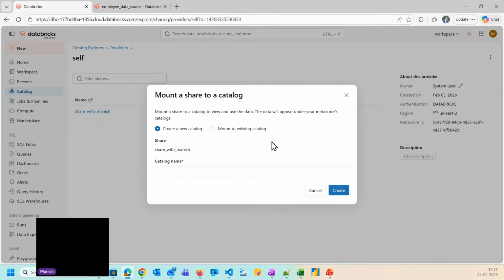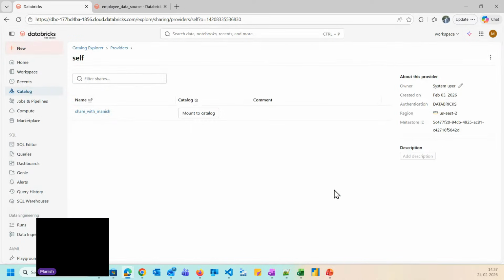Again, we have two options. We can create a new catalog to mount, or we can use an existing one. I don't have an existing one, so I'm going to create a new one. This is the name of my catalog, received data. I'm creating it. Now I have mounted the catalog.